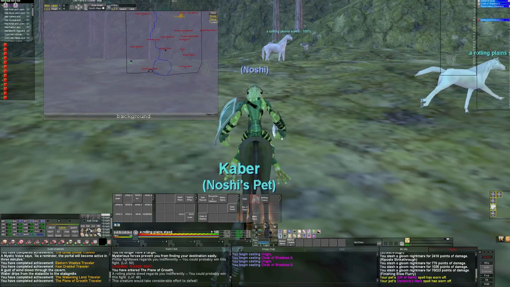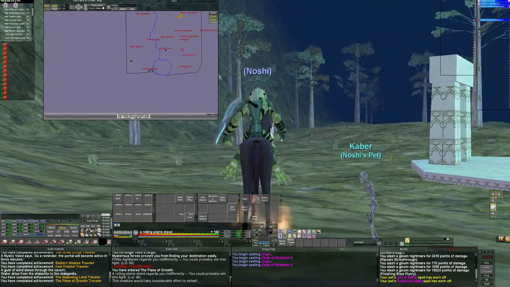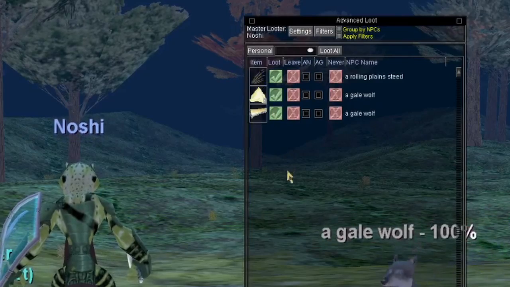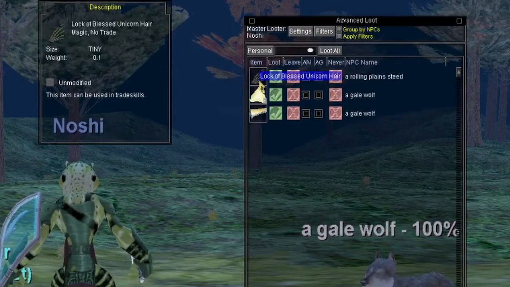Unicorn hair from a Rolling Plane Steed in the Plane of Growth. They are highly magic resistant. They are found throughout the zone, but I usually find quite a few of them just near the zone line when you enter. And as you can see here, I was able to get the Lock of Blessed Unicorn hair, and